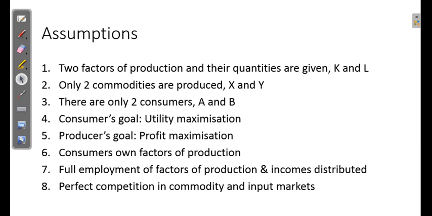Just to make you recall, in commodity markets, when there is perfect competition, equilibrium is obtained by equating MR equal to MC, and the same goes in input markets also. So you have a method depending upon the market structure, but in perfect competition, the marginal cost of labor is given by the wage rate, and that should be equal to the value of marginal product of labor. But in short, you can say that when MR is equal to MC, equilibrium can be obtained. So these are the 8 assumptions of the 2 by 2 by 2 model of general equilibrium.